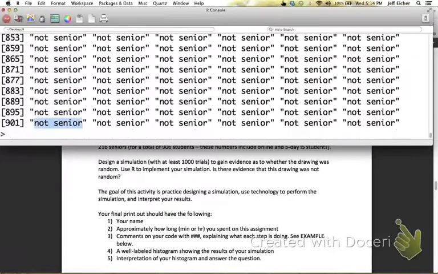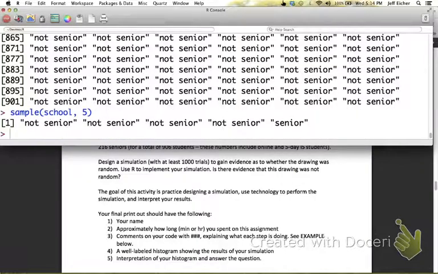So what we want to do now is do our random drawing. So sample from the school, and we want 5. R assumes that there is no replacement, so we could put replace false. You don't want to repick the same student twice. But that's actually not necessary, so I'm just going to delete that and hit enter. So you notice on this first sample of 5, this is a truly random sample, you have 1